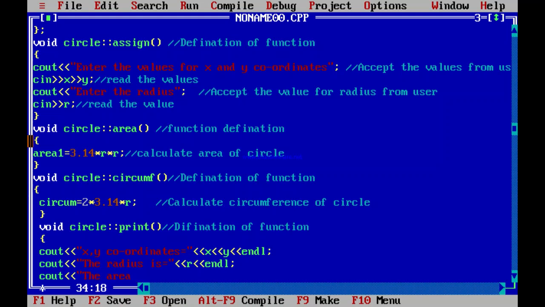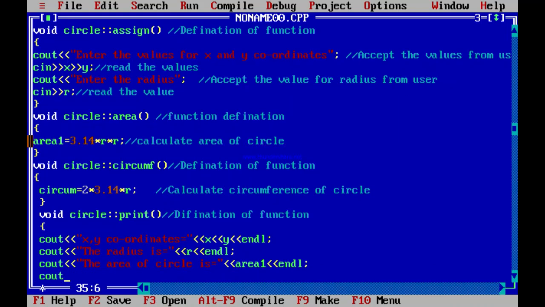The area of circle is, in which variable it is stored? That is the area 1. So that variable we are going to print over here and the endl, semicolon. And the next we are going to display the circumference.